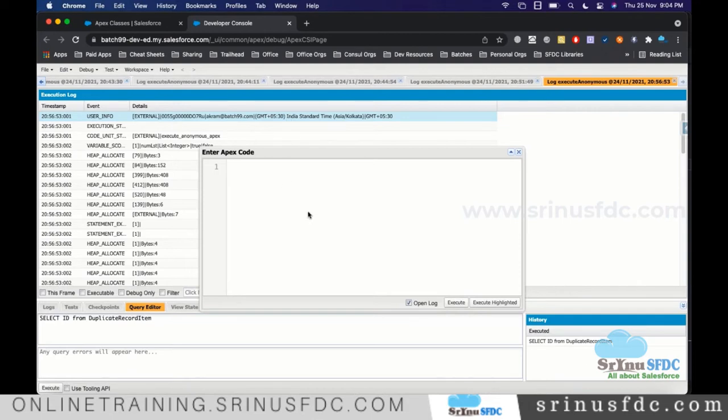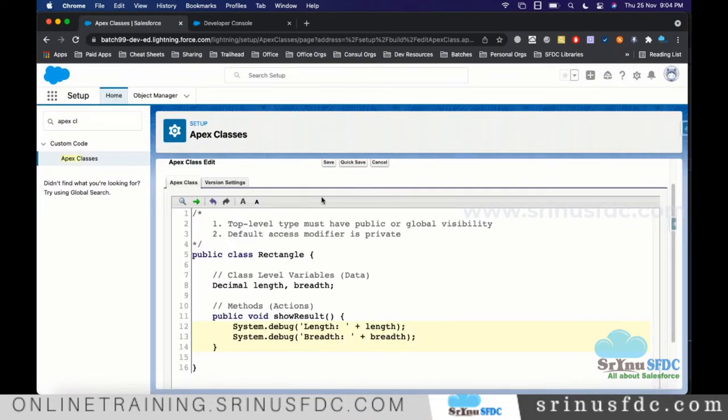Okay, so since we are in the early stage, we should see each and every stage of how our program is working. This is one of the ways: we open the debug log and from here we call and execute, and we try to understand how it is working. So don't think that this is the way we call this program.